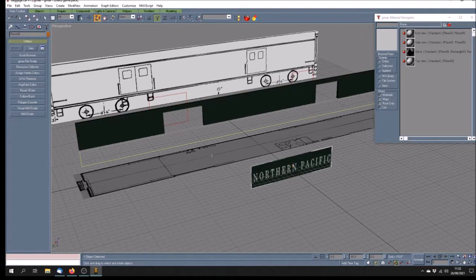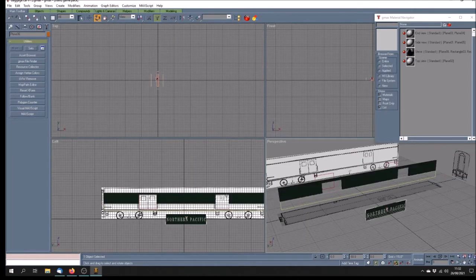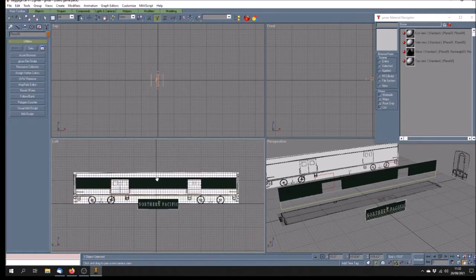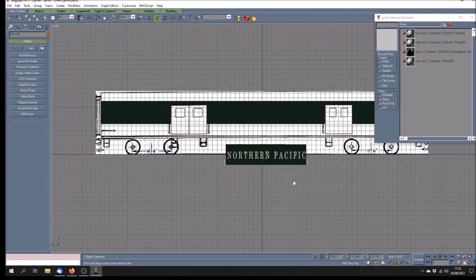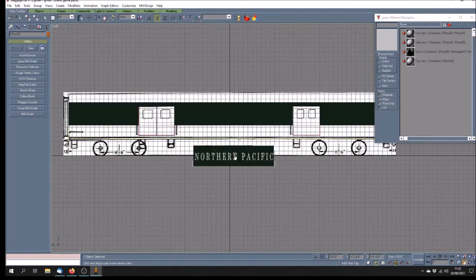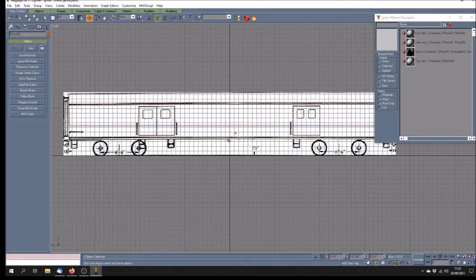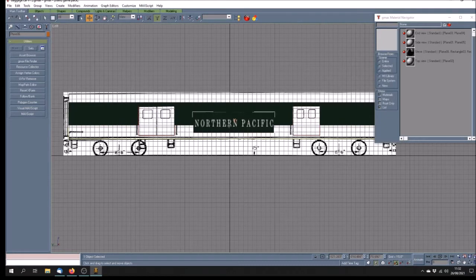So use the poly count wisely, use it to create detail, and don't just waste it on unnecessary detail. For example, planes which butt. If this was a two-sided plane, then the rear of this plane would be worthless, unnecessary, because it's just going to be butted up against this carriage side. So let's just move it up,